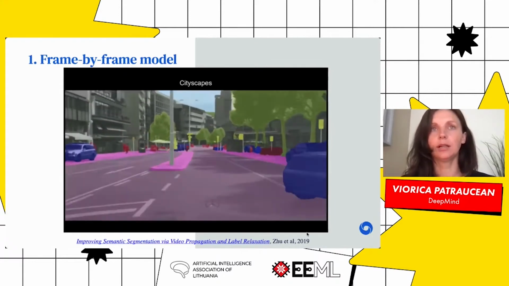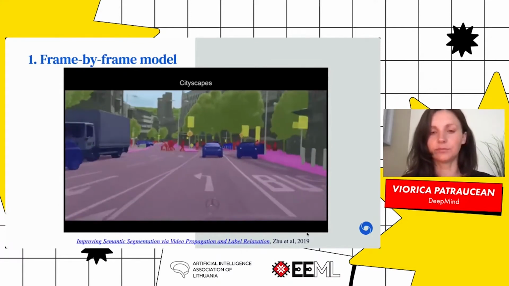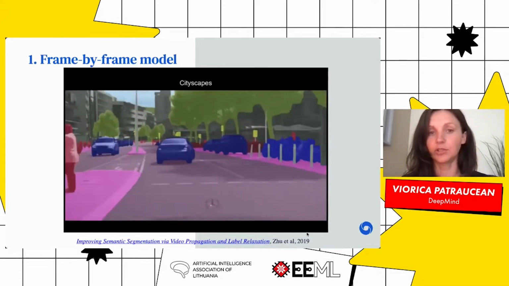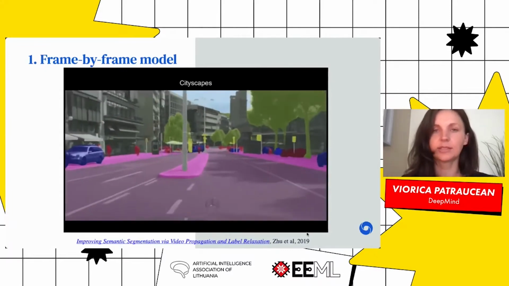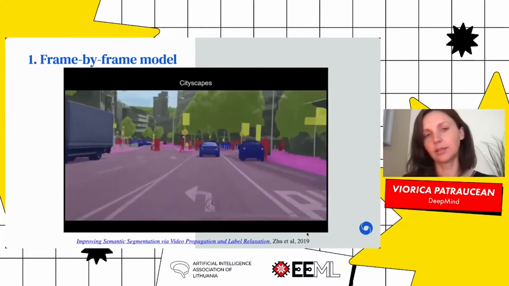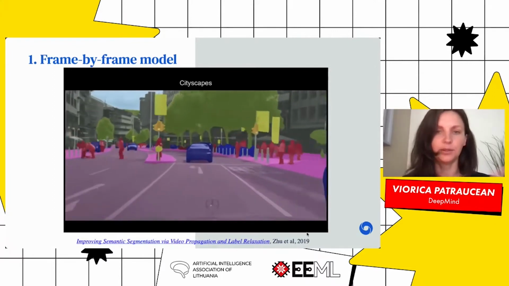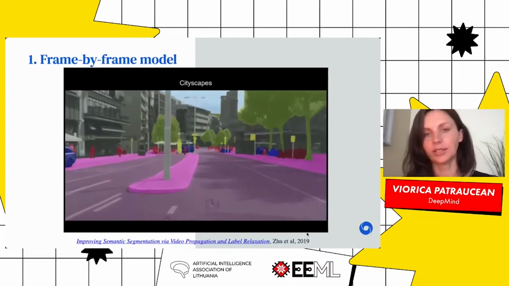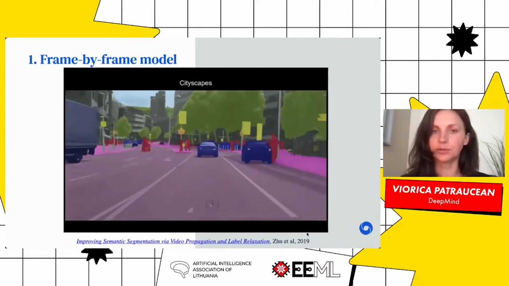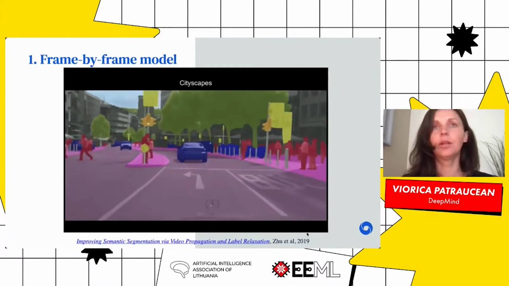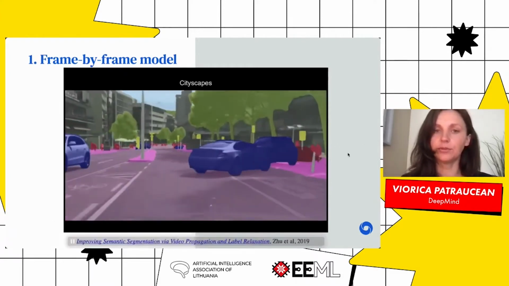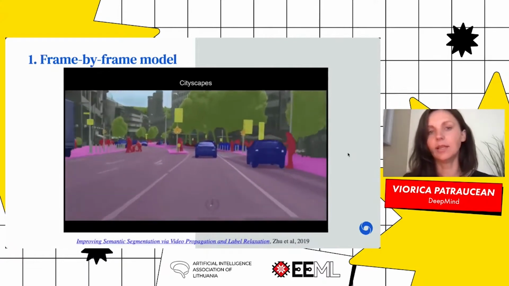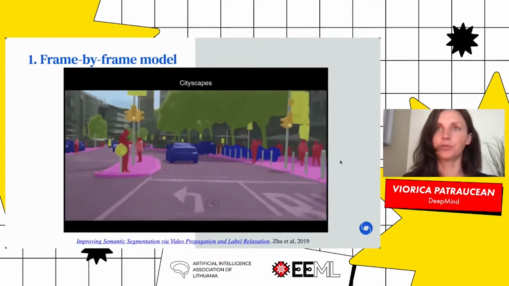So you have some parts of the frame that are labeled correctly in one frame, but at the next time step, the label changes. And visually, it might seem, oh, this is a nice output, but in practice, this might not be good enough. When you think of self-driving cars, if you have a pedestrian that appears in a frame and then disappears and then reappears and so on, this could be difficult to deal with. Whereas a full video model that takes into account the temporal aspect and imposes temporal consistency should alleviate these issues.